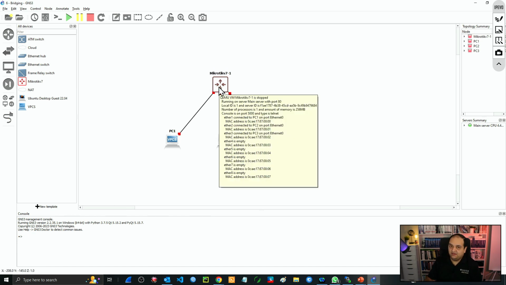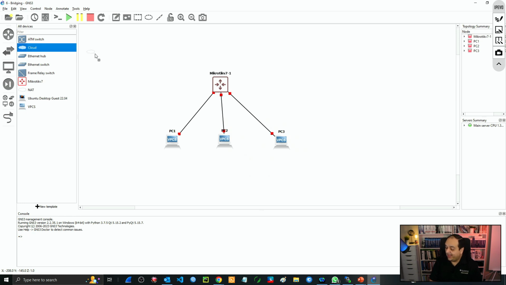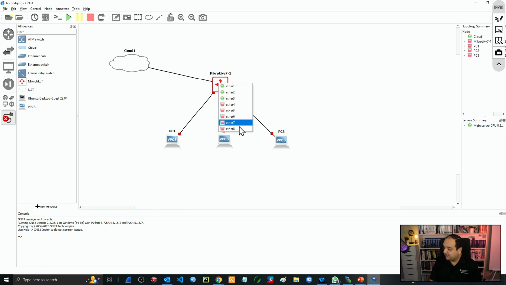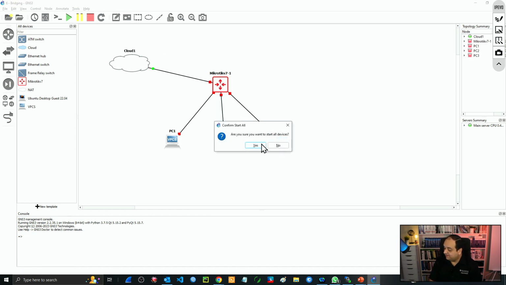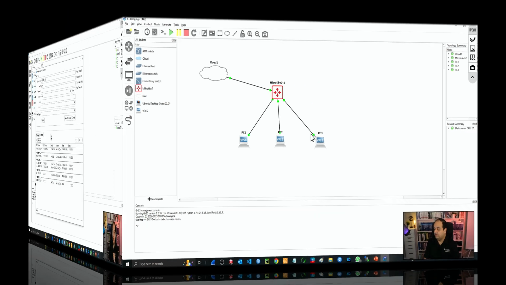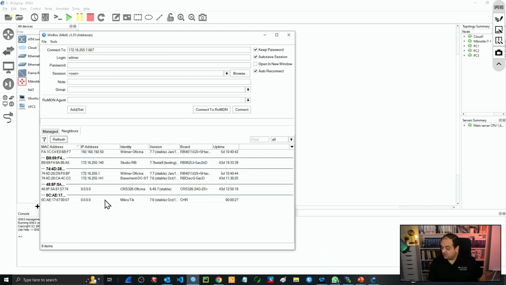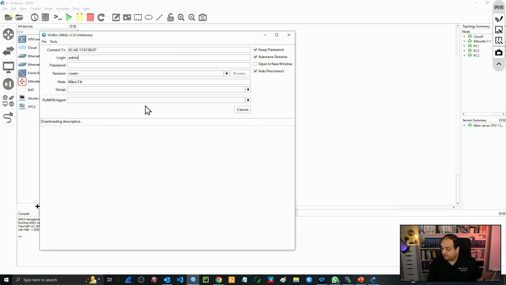And now to have access via Winbox to that device, I will add a cloud. This is going to allow the communication with my local network. So I will connect the cloud to Ether 8, for example. Now we can start all those devices, and after a few seconds, that device should be visible in my local area network. So now the CHR is visible, so we can click on the MAC,